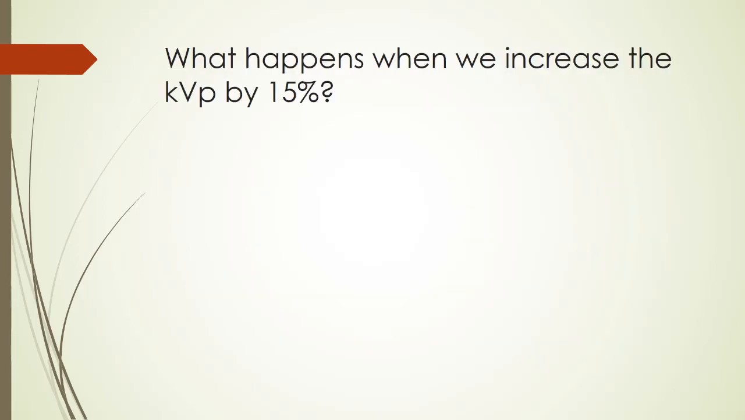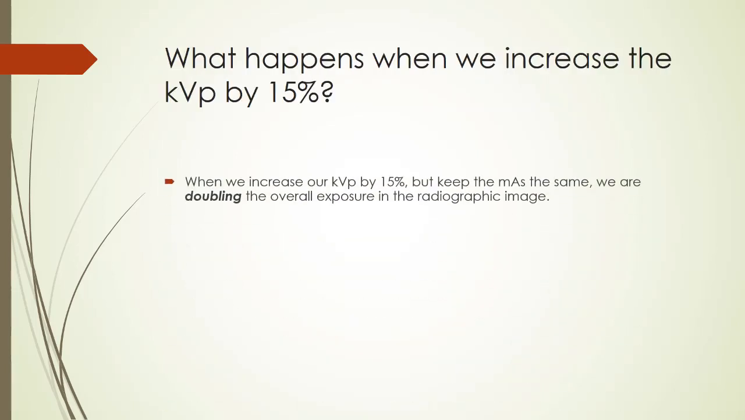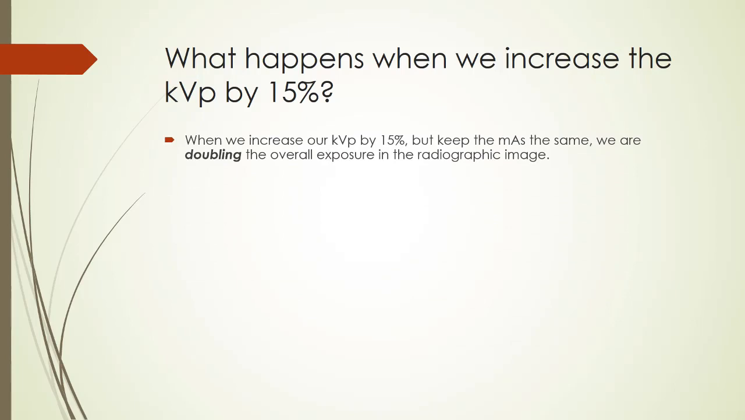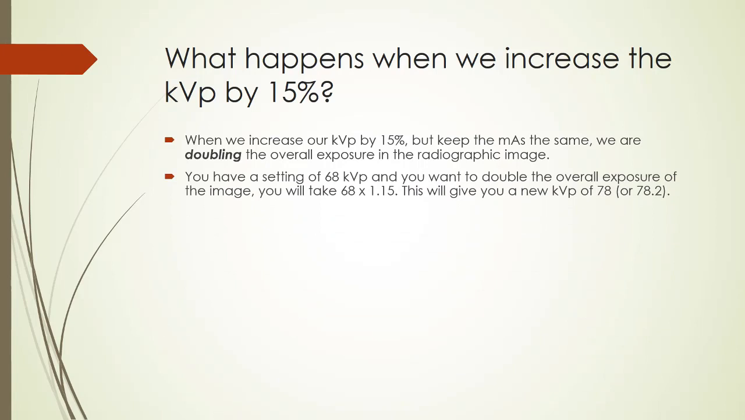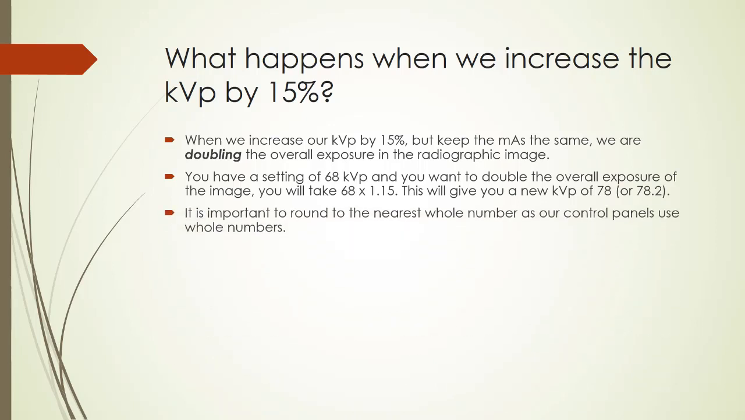What happens when we increase the kVp by 15%? When we increase our kVp by 15%, but we keep the mAs the same, we're actually doubling the overall exposure on the radiographic image. So let's say we have a kVp setting of 68, and we want to double the overall exposure of our image. What we're going to take is 68, and we're going to times it by 1.15. The 1 is 100%, the 15 is an additional 15%,